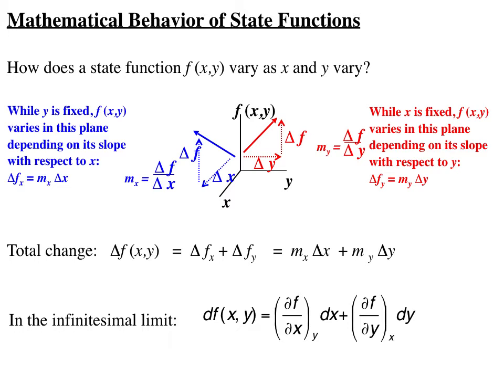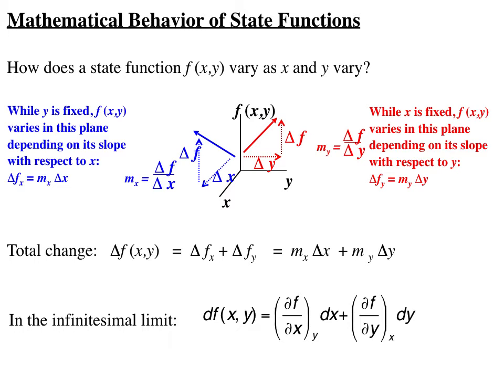So what I can conclude, for an exact differential, and this is true for anything that is a state function, is that the increment of change df as a function of two independent variables will be df dx